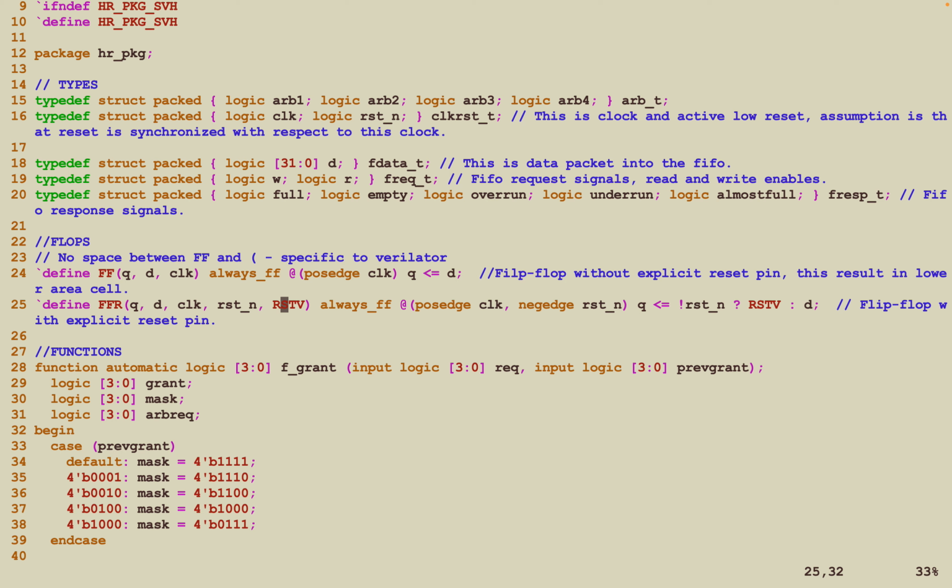The assertion of the reset is synchronized with respect to the clock, not the assertion. In the example at line number 24, the flop is created in a synchronous way, and the footprint of the flop will be smaller compared to the footprint of the flop at line number 25. So these flops, usually FFs, I prefer to use on the data path, where